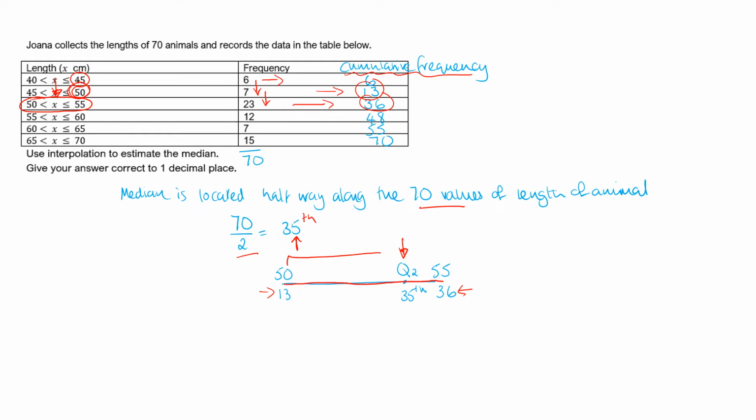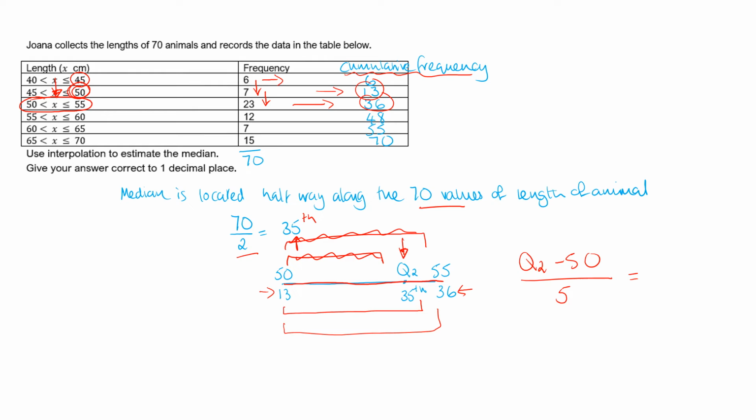So if we set up a system and see how far that Q2 is within the gap between 50 and 55, it's going to be the same on the bottom. So if we set up that Q2 minus 50, that distance there, divided by this larger distance on the top, which I can see between 50 and 55 is 5. That's going to be proportionally the same as this distance here, which is 35 minus 13, divided by the